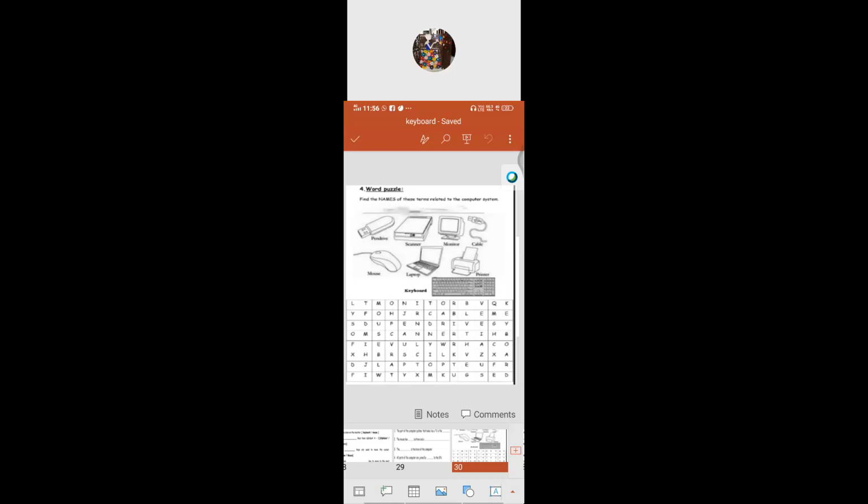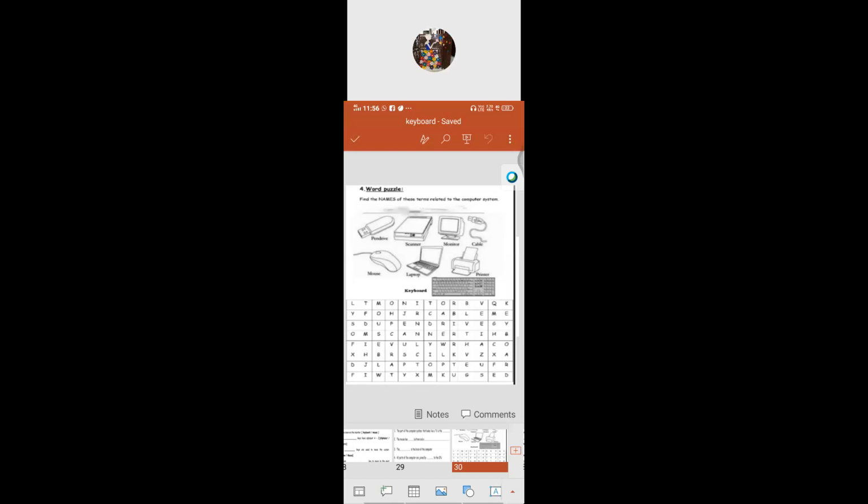Page up. Yes, page up. So we can use the page up key to scroll up the page. Got it? Okay, can you mute?